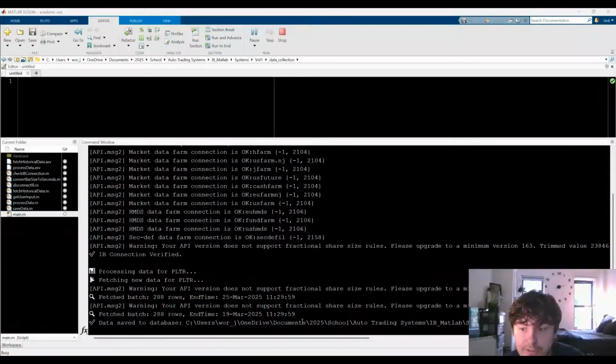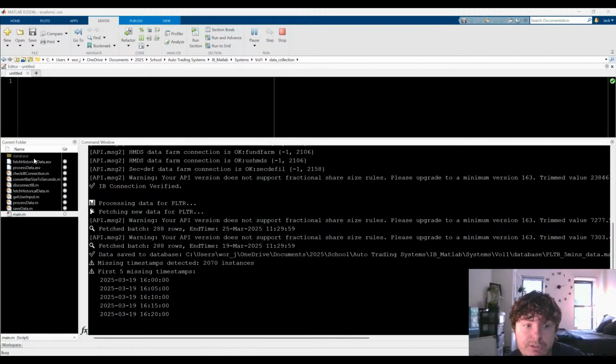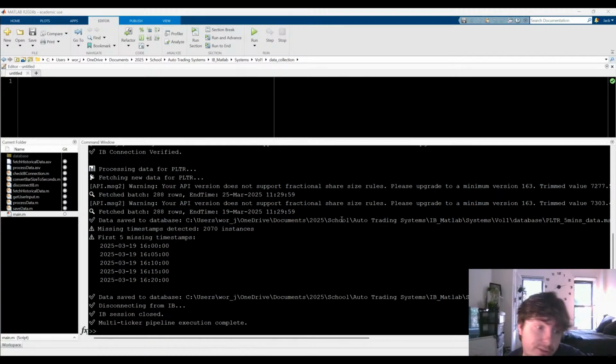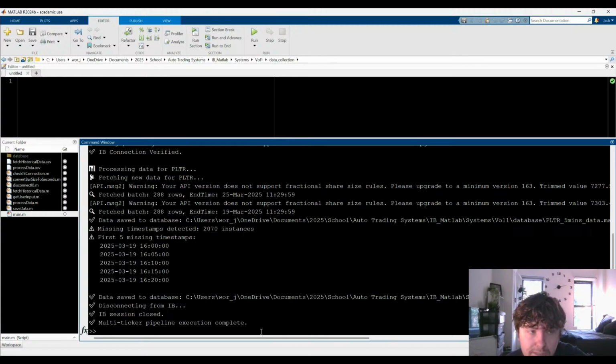Saved to a database, which is here. We could put it into SQL potentially at a later date. And it's done. We have saved the data. I thought we got a visualization. Maybe